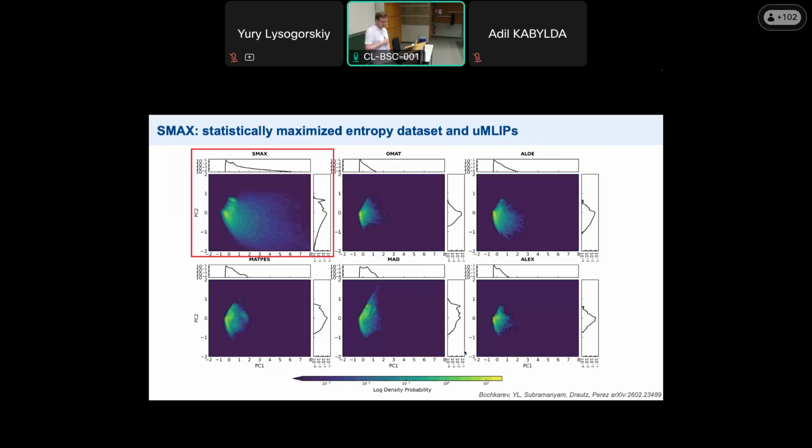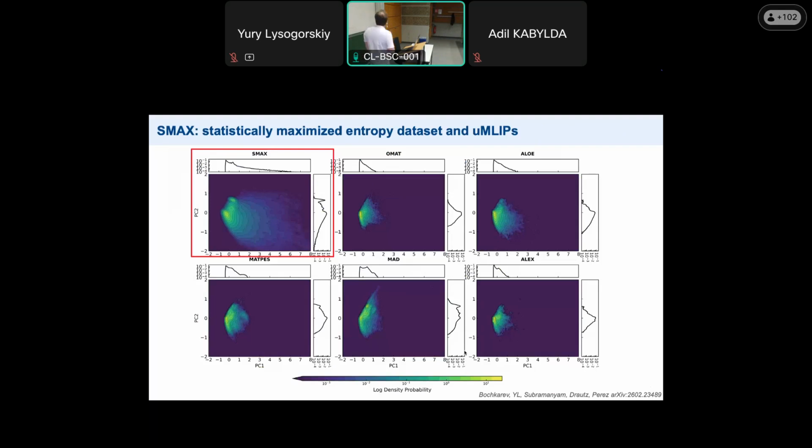But the sampling strategy, contrary to the OMat dataset, was different. It was so-called entropy maximization in the feature space and in the chemistry descriptor space. So we have very diverse chemical and configurational coverage.